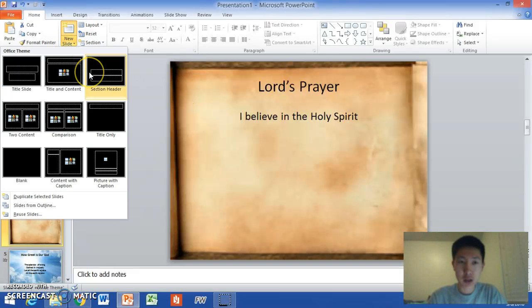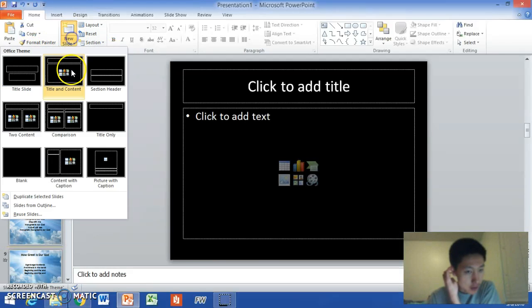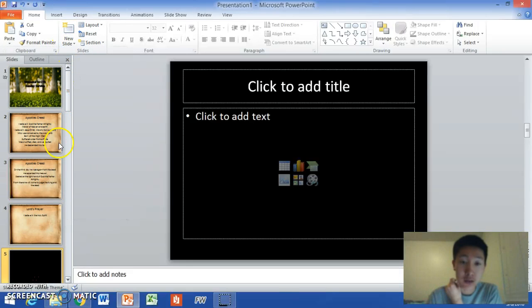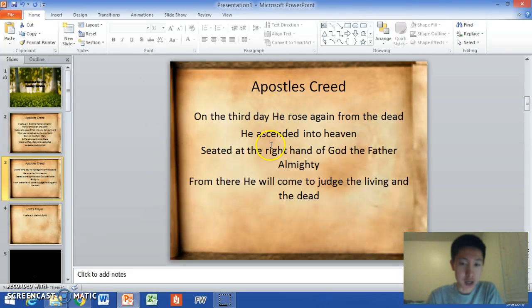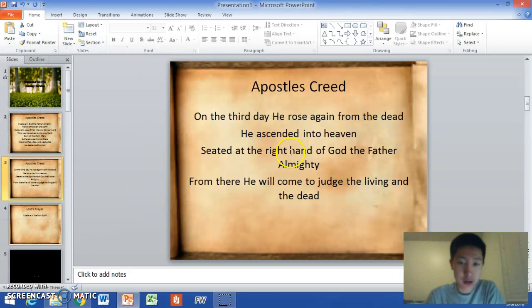It would most likely be useful to use a title slide instead of the natural title and content slide, because that's mostly for songs and just the words for whatever the title is. So for Apostles' Creed, we use the title and content slide.